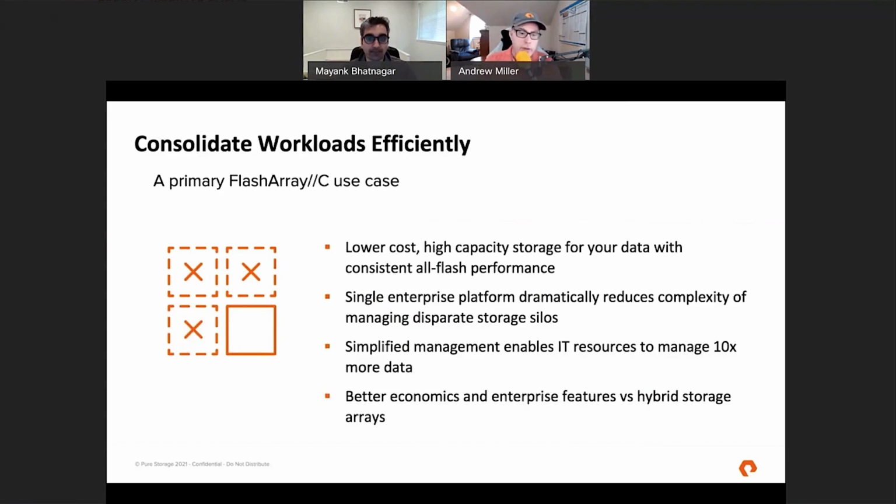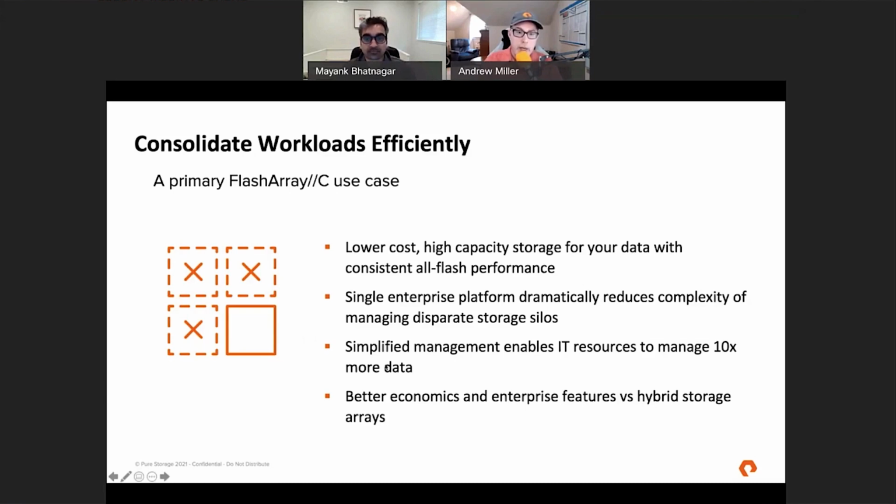thinking, starting at 247 terabytes, going up to 1.8 petabytes, that's before data reduction. So you insert the normal 3, 4, 5x, even sometimes higher data reduction. These are big boxes in a good way, right? So the entry point is a certain point. We've actually done work to bring that entry point down, but there can be a dramatic amount of consolidation here, especially if it's workloads that don't have crazy IOPS and latency perspectives, that fit what QLC is, but that you can consolidate a huge number of arrays down here,